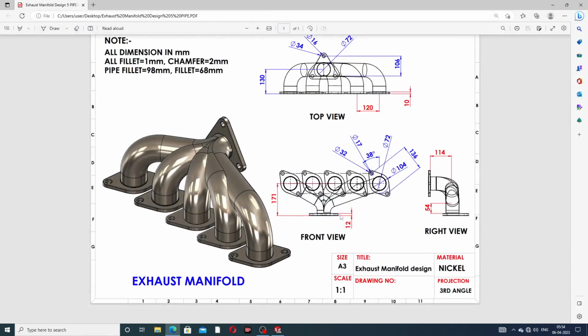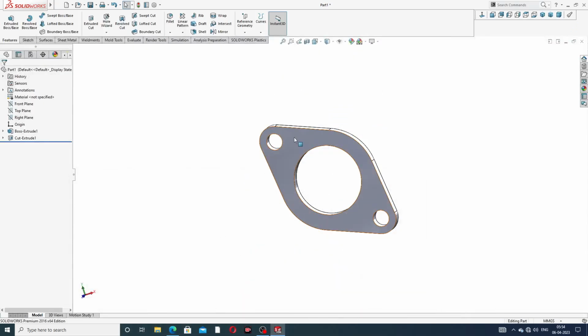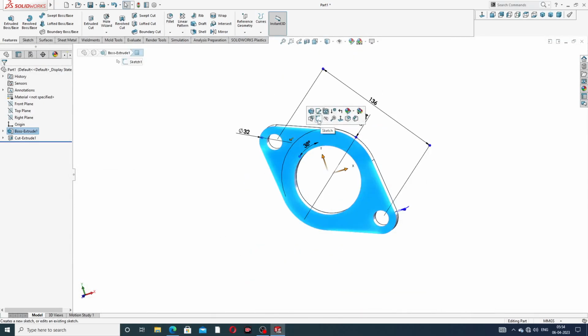Okay, next use this one, which is correct, and the pattern is 5, use 1. The center-to-center distance is 120 millimeter, and the pattern is 5. Okay, again select this sketch normal,